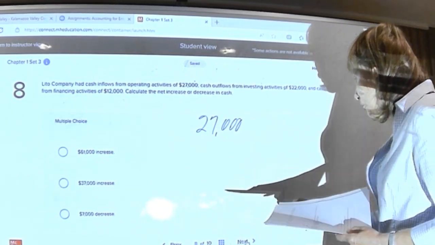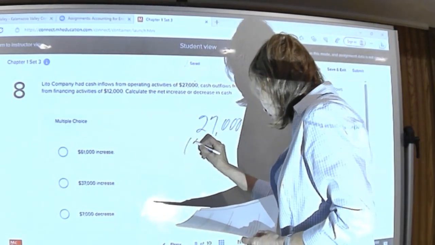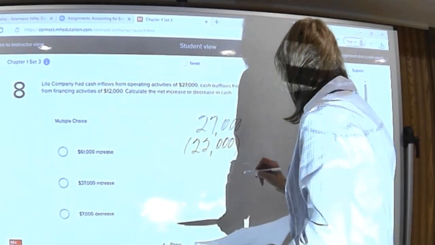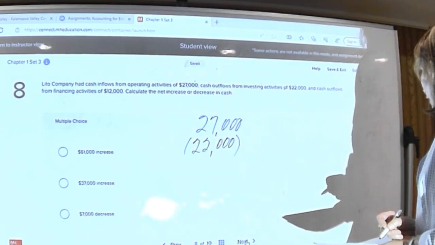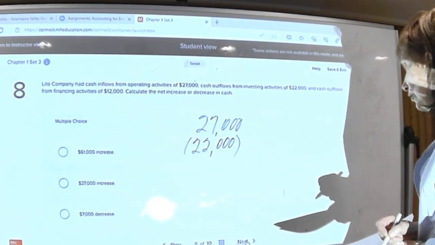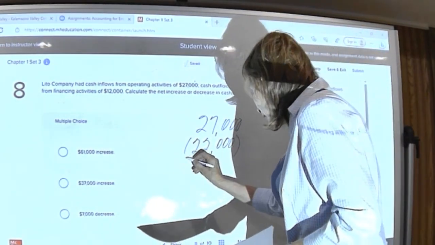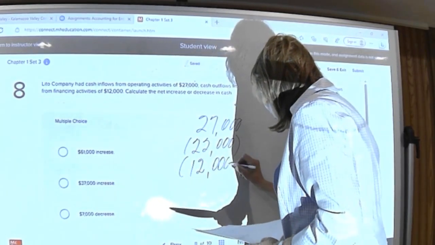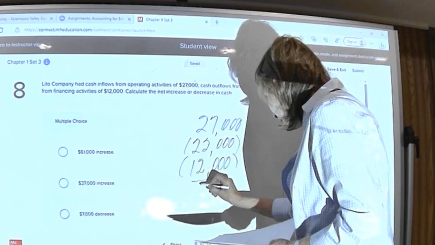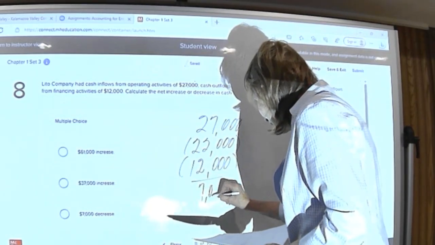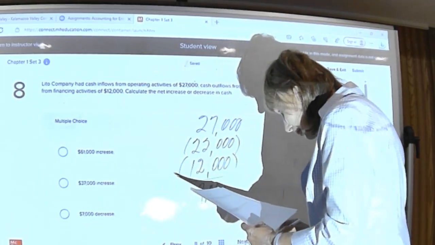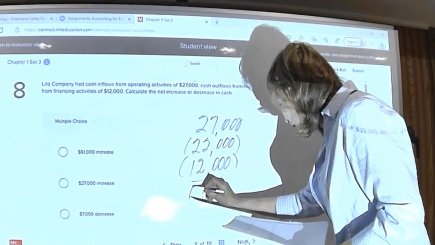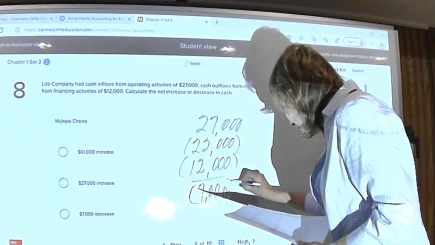That's an outflow, so we'll have to subtract that, 22,000. And then another outflow of 12,000. We'll net those numbers out. They net to 7,000. That's an increase, or rather a decrease of